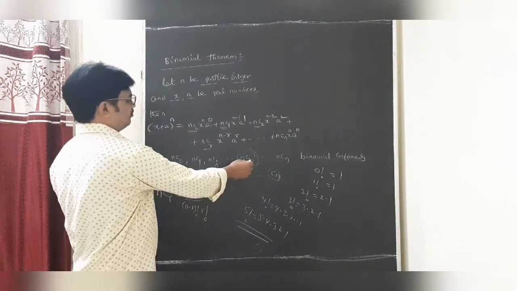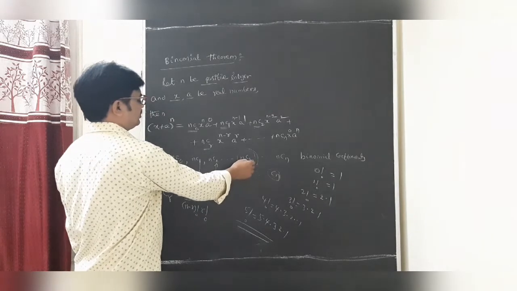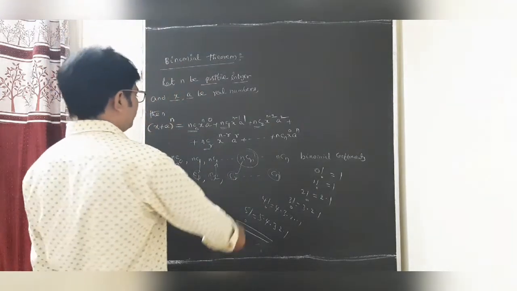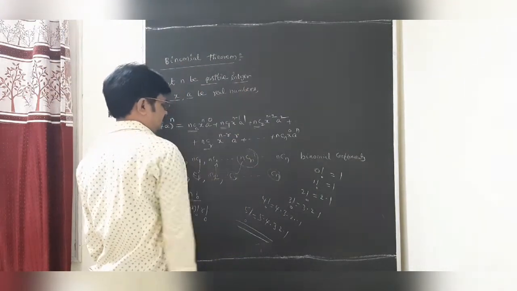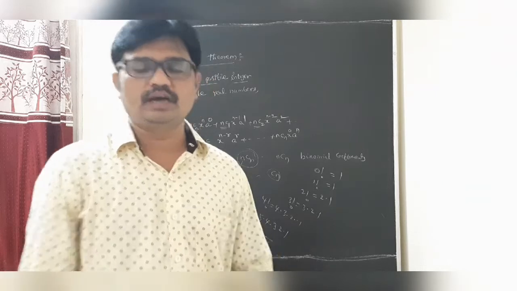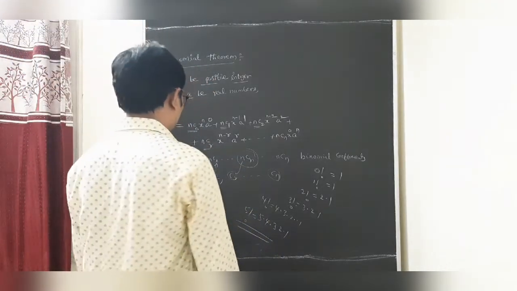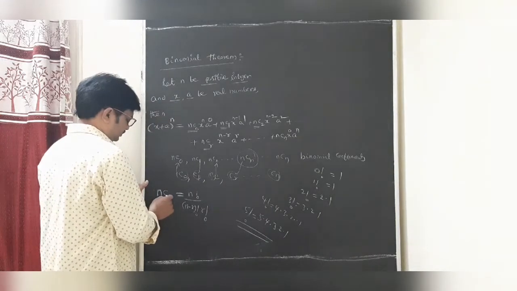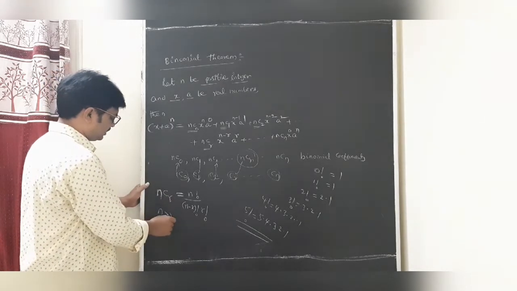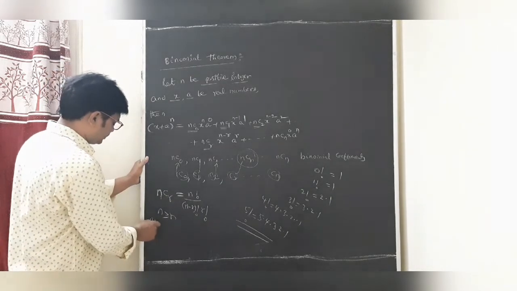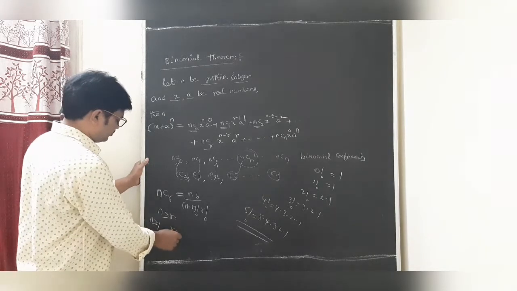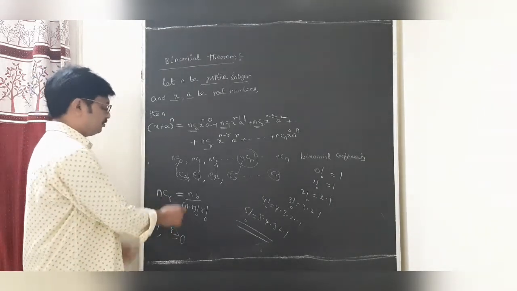nCr must be greater than or equal to 0. n must be greater than 0 and also an integer. Is it clear, students? Undoubtedly n and r are integers, n is a positive integer, but r may be greater than or equal to 0. Okay, students, this is nCr. Undoubtedly n is always greater than or equal to r, n must be greater than or equal to 1, and r must be greater than or equal to 0.